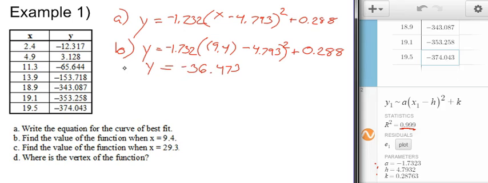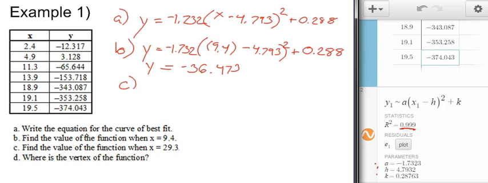If I'm looking for a y value of 9.4, it should be in between these two values, in between 4.9 and 11.3, and it should be much closer to the 11.3, and so we can see negative 36 is in fact between 3 and negative 65, about where we'd expect. So that's good. I can make a prediction from within my data, like in part B, or in part C,